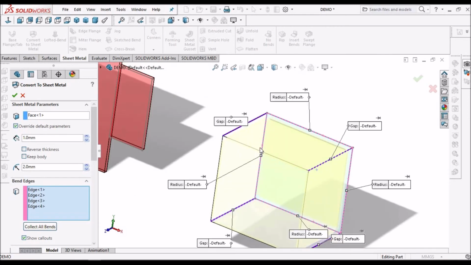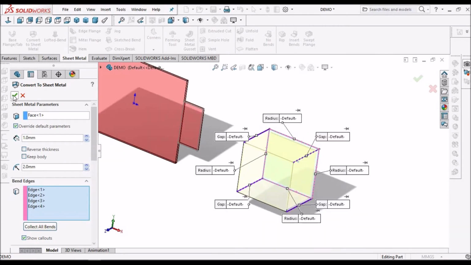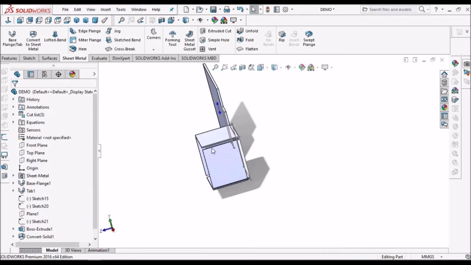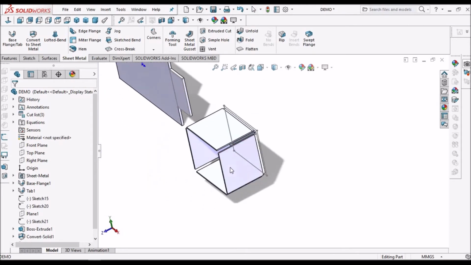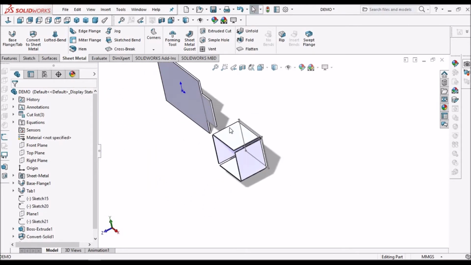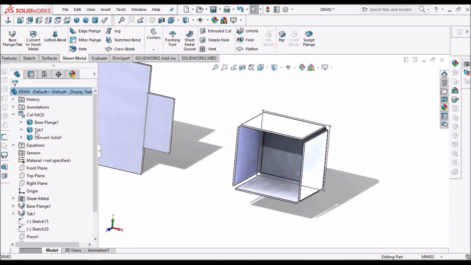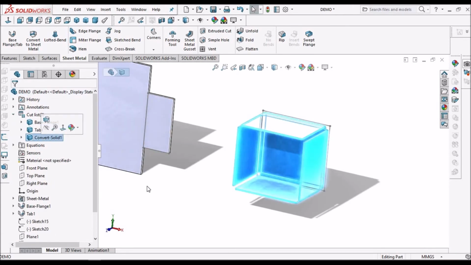Automatically it selects the ribs. So we have to say OK. See, here we can see one more multi-body added.